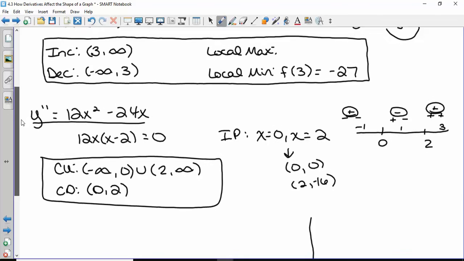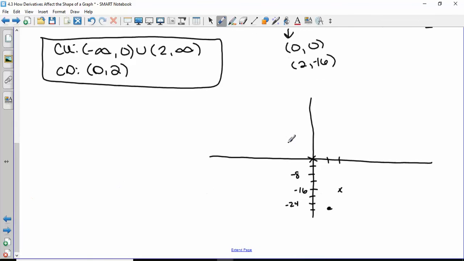No, sorry, decreasing. We're decreasing from the infinity. So I'm curved upward and decreasing. Okay. So like this. At this point, between 0 and 2, my graph is